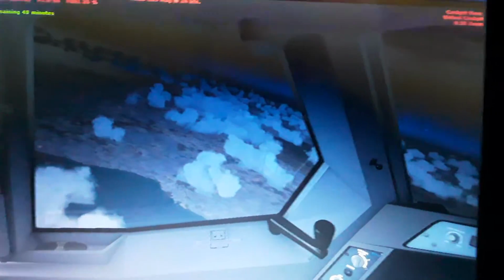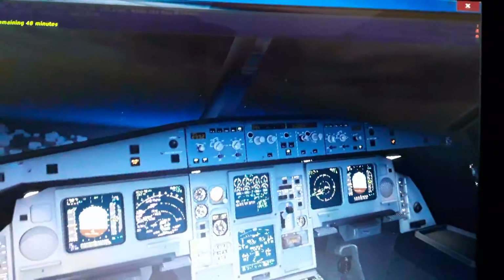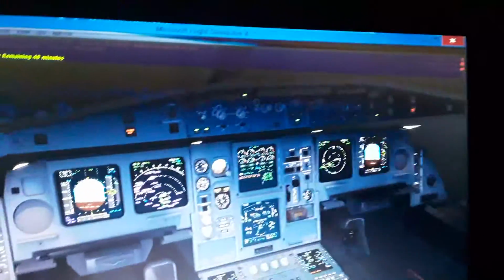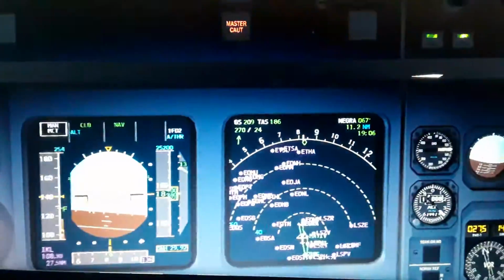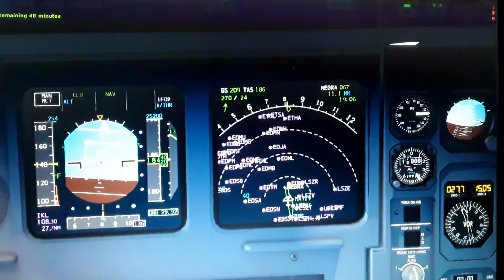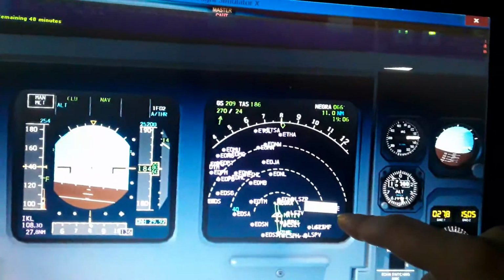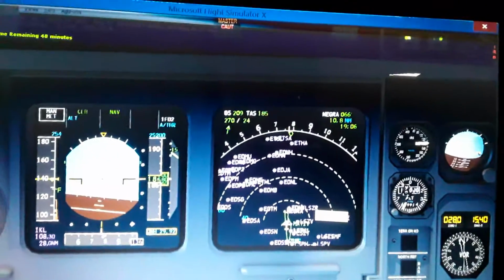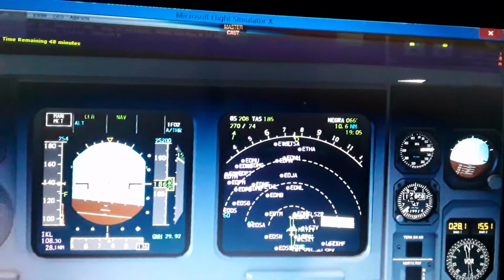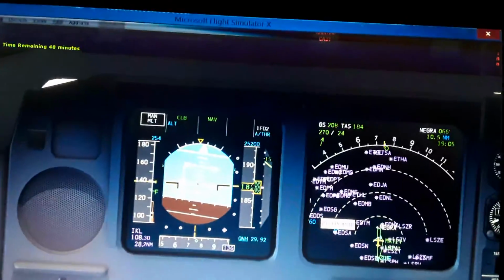Here's Germany this way. I can also see France, some parts of it, in the map. Here LSZH, this is part of Switzerland. France actually is in the south. We're gonna see it later when we return to the